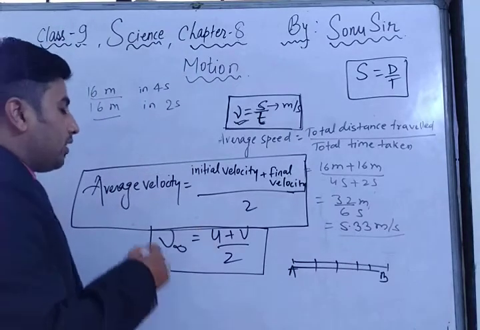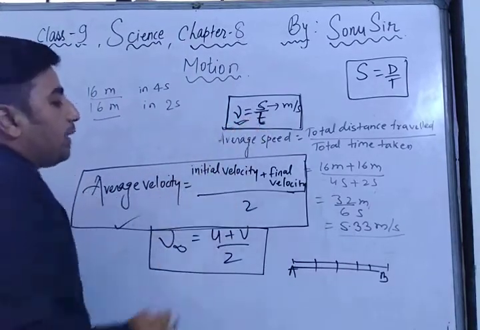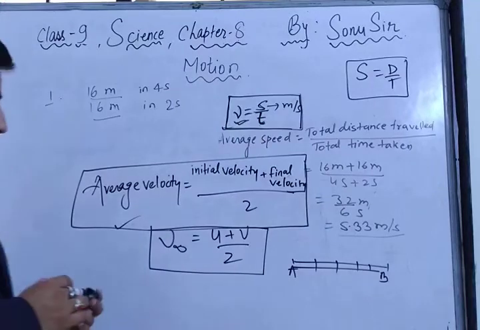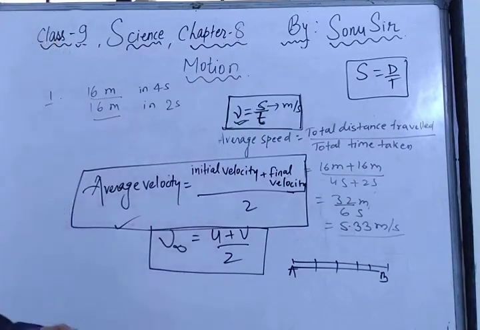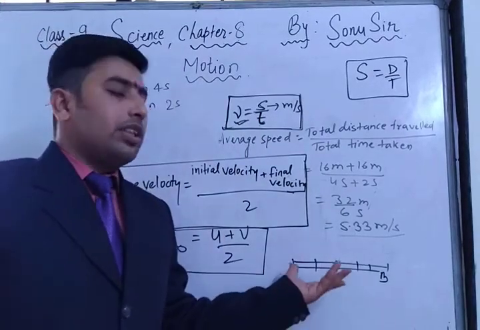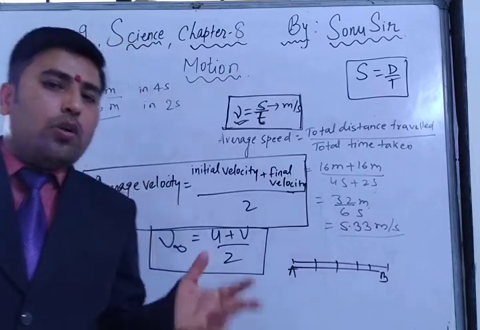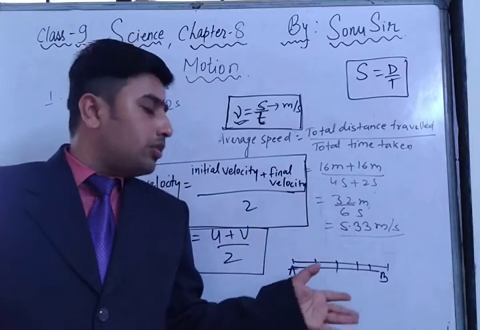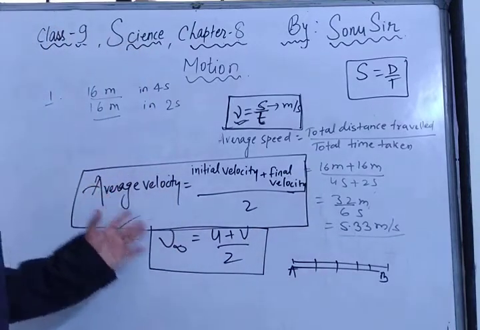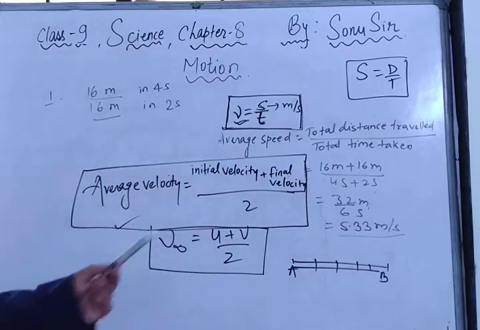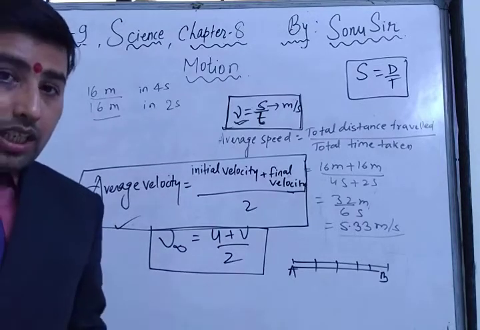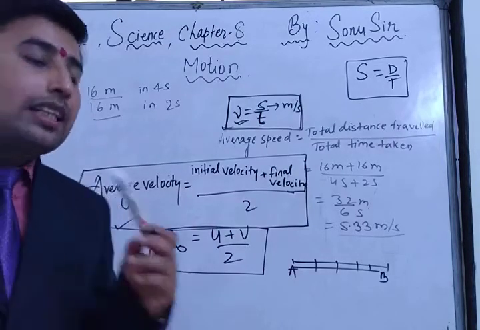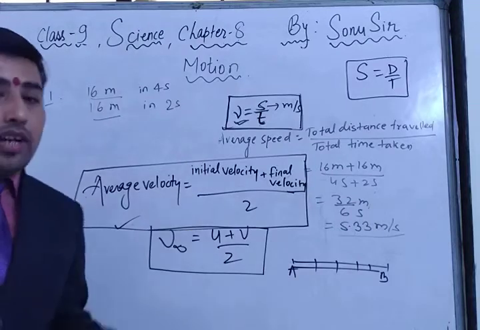So the distance here, average velocity and average speed, both will be the same, because here you can understand there is no displacement, only distance is there. Otherwise you can say only displacement is there, no distance. Only one way is there, by which either it is the shortest distance or the fixed distance. So in both cases, average speed and average velocity will be equal. Means when the distance is equal to displacement, that time average velocity will be equal to average speed.